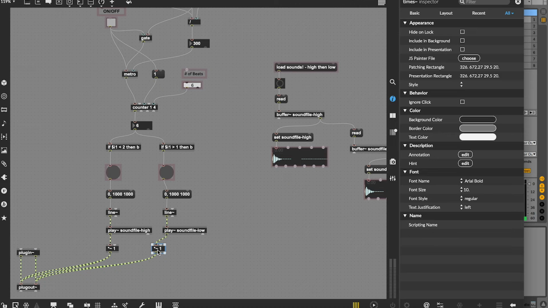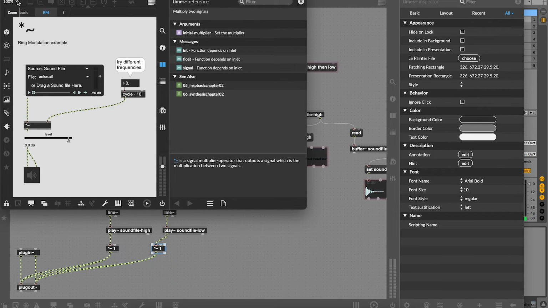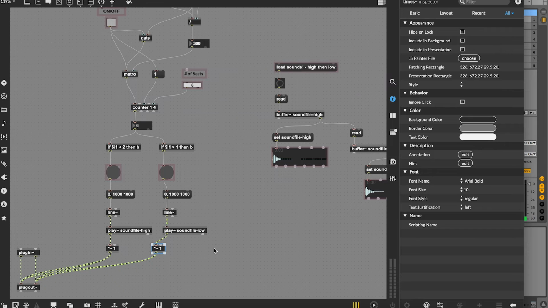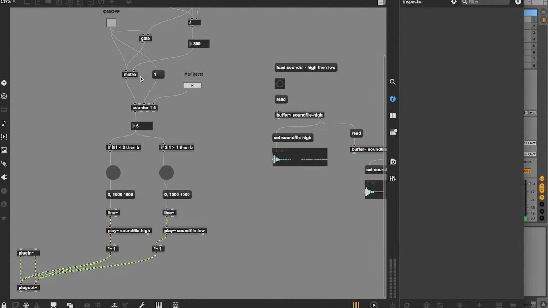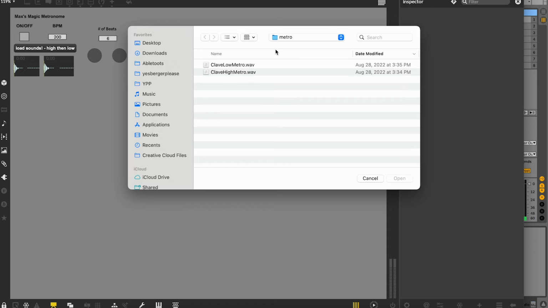Now there might be an argument in here for channels, would be my guess. But it should work as is, and I'm just going to leave it at that. So let's give it a shot here. Let's go into presentation mode. We've already got our sound files, but let's load them again. We've got high, we've got low,